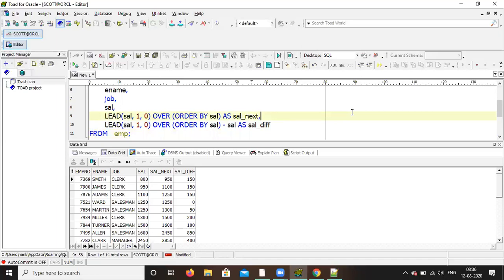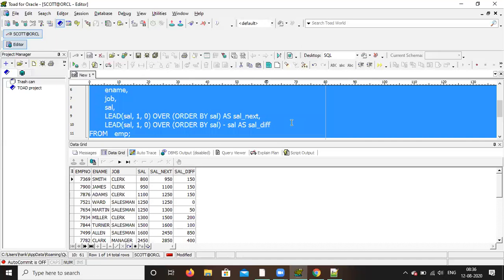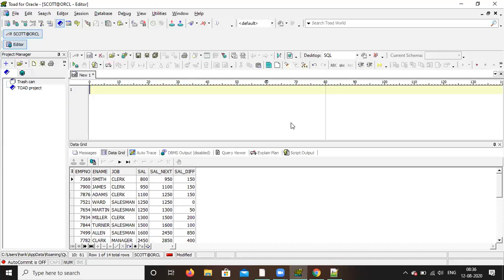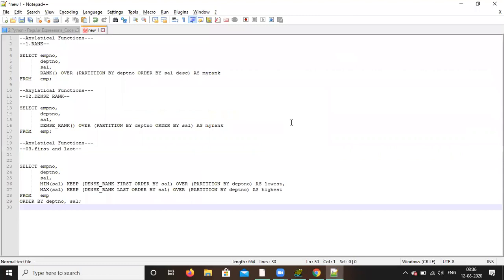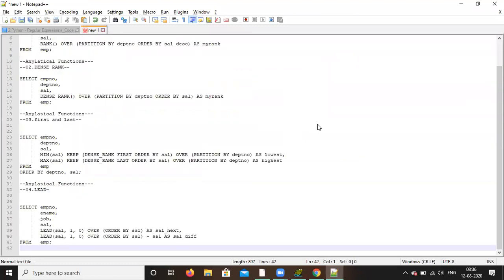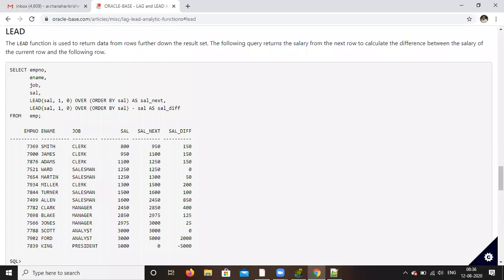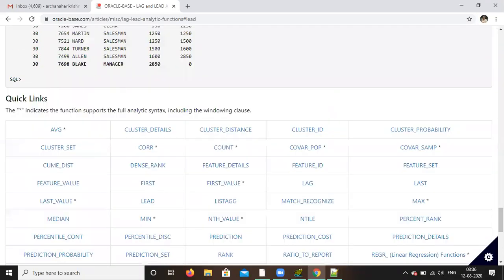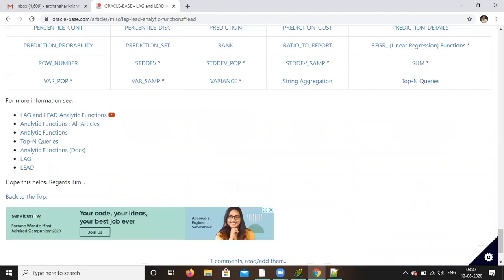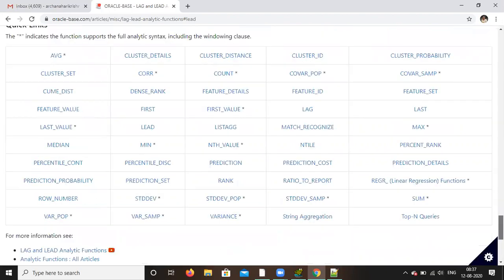Now go to the lag, you can save it. Lag is there, fourth column, fourth one.